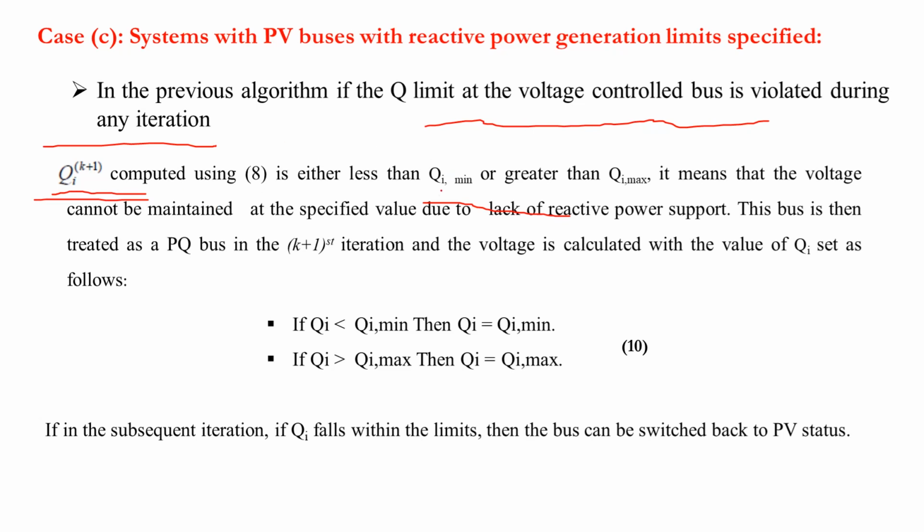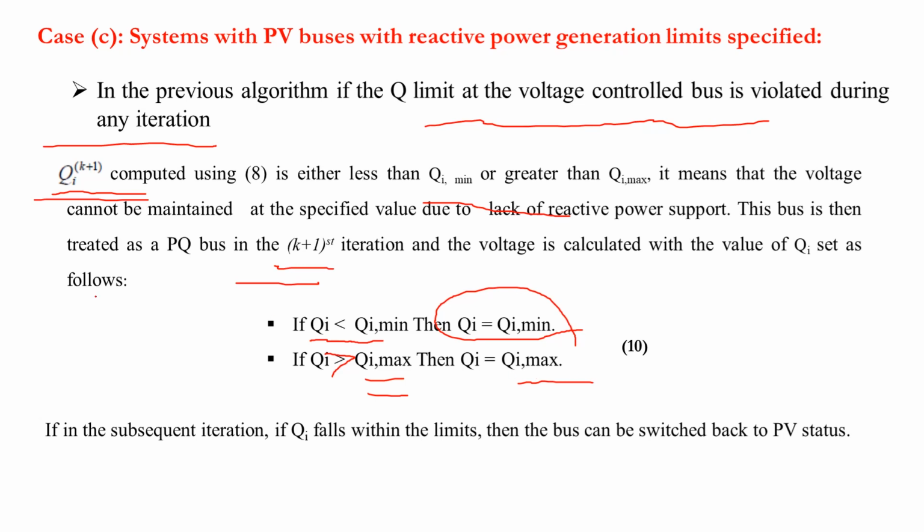The condition for treating a PQ bus in k plus 1 iteration is, if Qi is less than Qi minimum, then Qi will be equal to the minimum. If it is greater than the maximum value, then Qi will be Qi maximum. Okay, so if it falls within the limit, then the bus can be switched